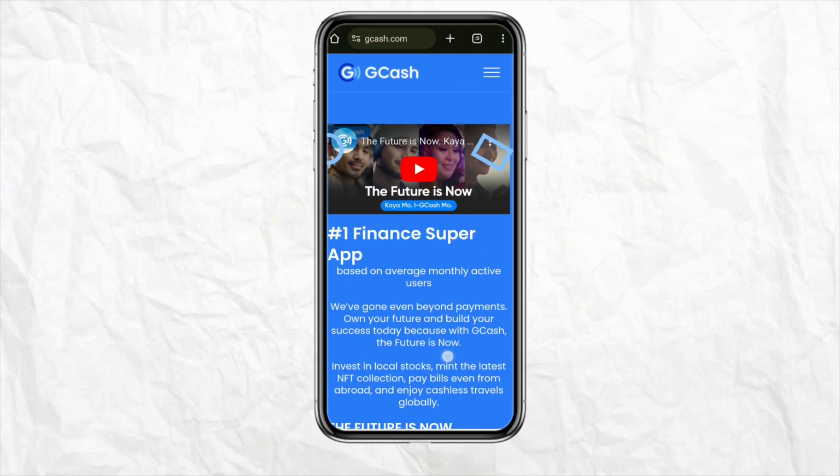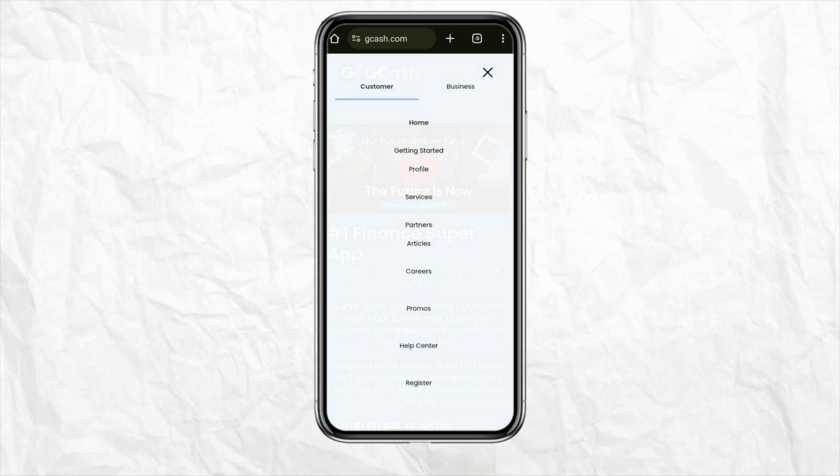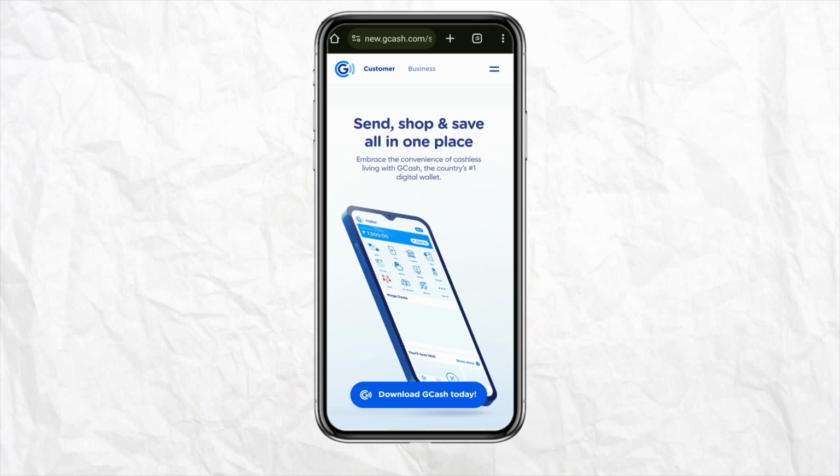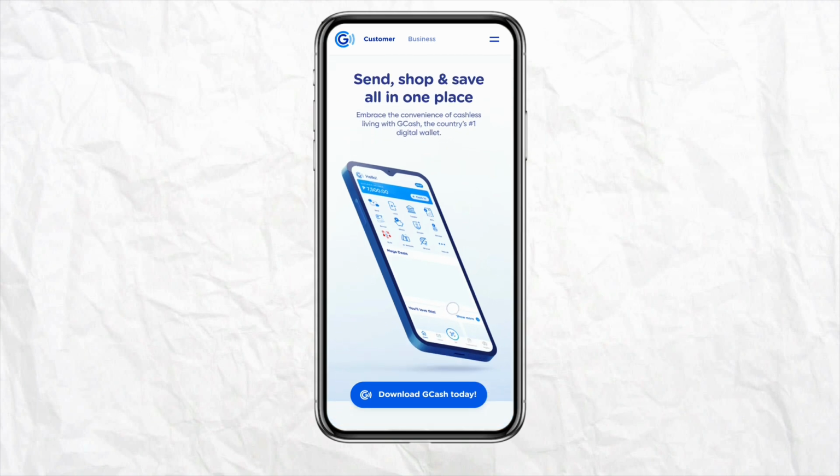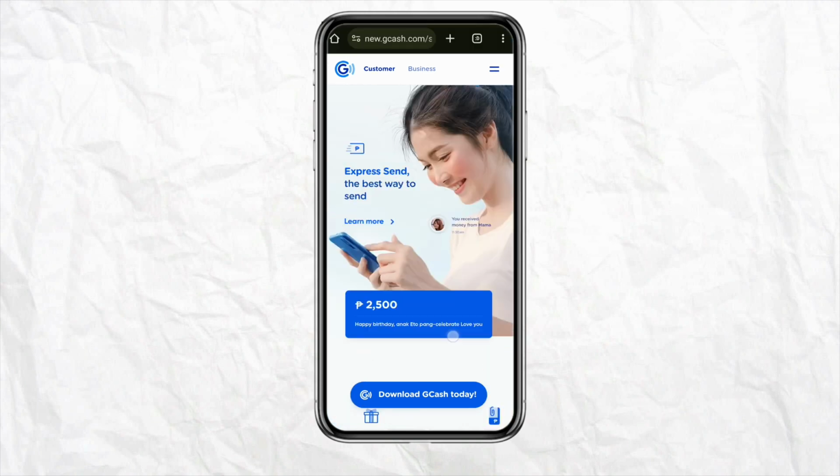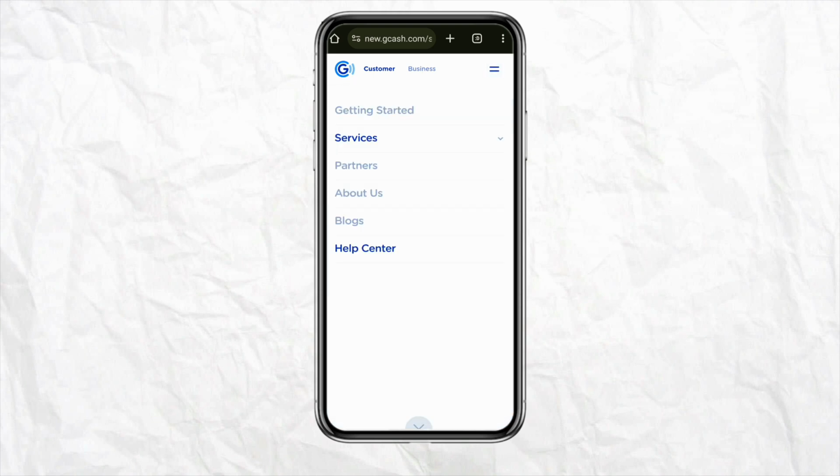And once you have the application on your smartphone, just simply navigate to the three-dot menu icon from the top right corner of the screen, and from there just go to the services section from the list given below, and it will open up the customer and the business page for the GCash account that you are using. And after that, in order to convert your SPayLater to your GCash, just simply click on the three-dot menu icon